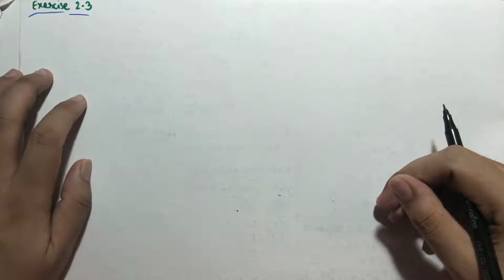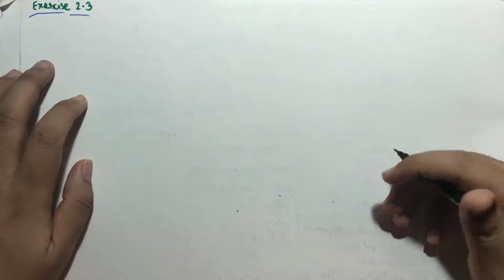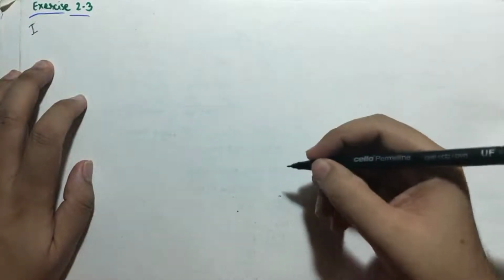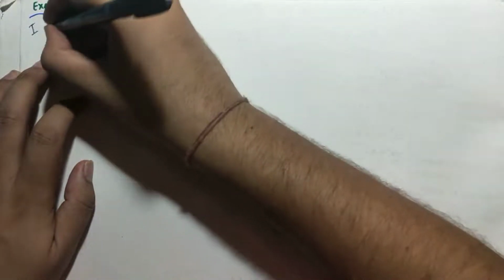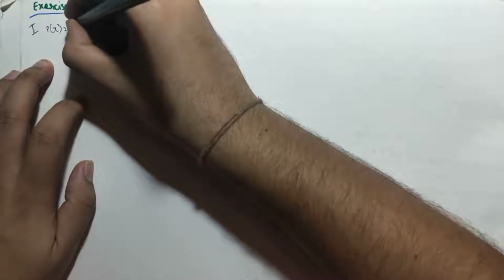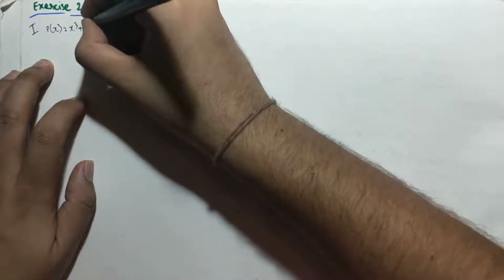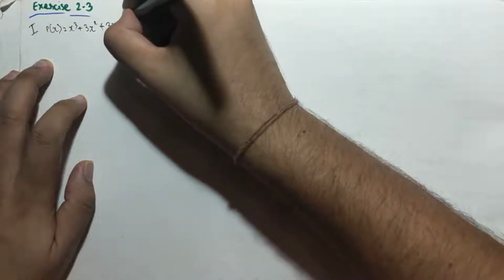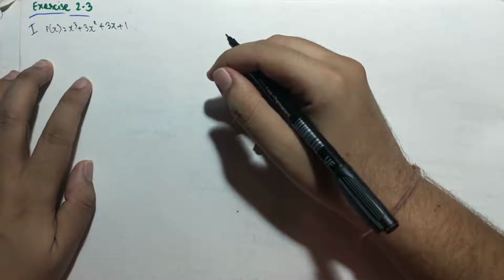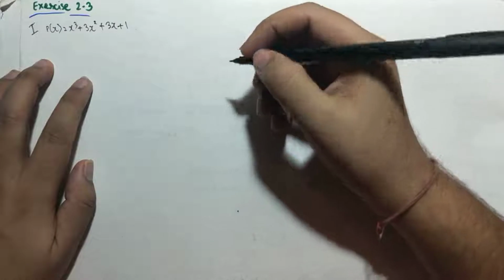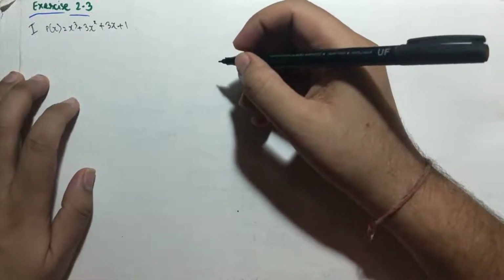This is 9th standard NCERT textbook exercise 2.3. Let's go through. The first question in exercise 2.3 is, find the remainder when a polynomial is given to us, that is p of x is given to us, that is x cube plus 3x square plus 3x plus 1. This polynomial is given to us and you have to find the remainder with different g of x given to us, different divisors given to us.